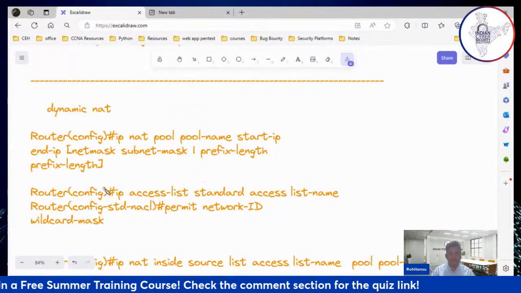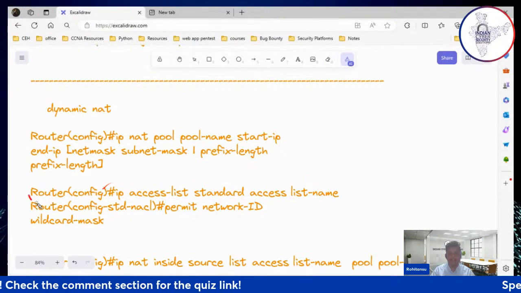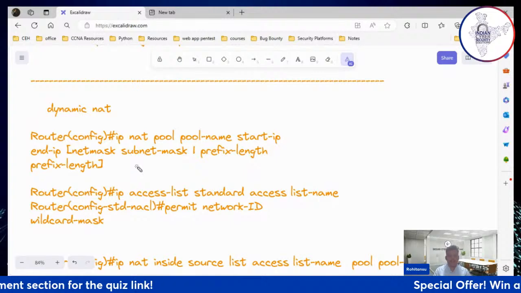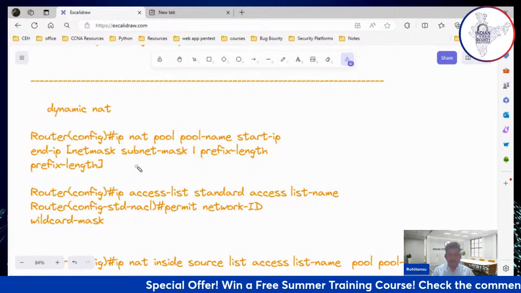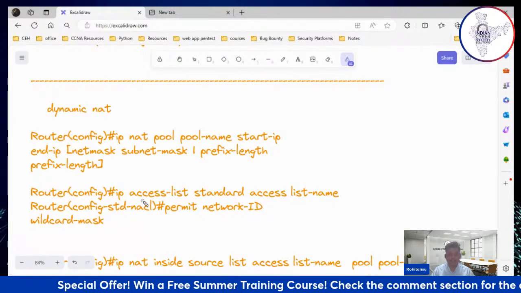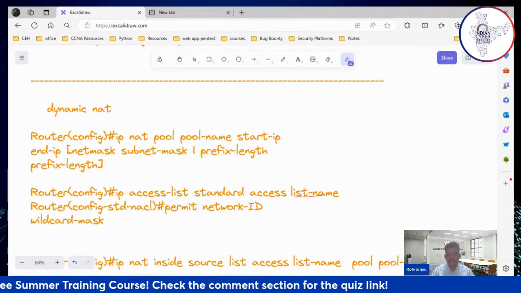After that, we are going to create an access list. You can see here, we can create an access list. Now, this access list is also another security thing that you can implement to protect your network. Access list is another important thing. So you can type the command ip access-list. We can provide a standard access list.